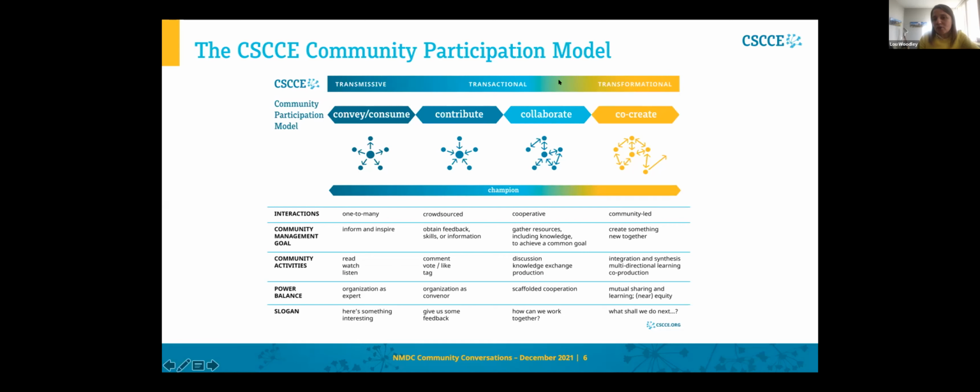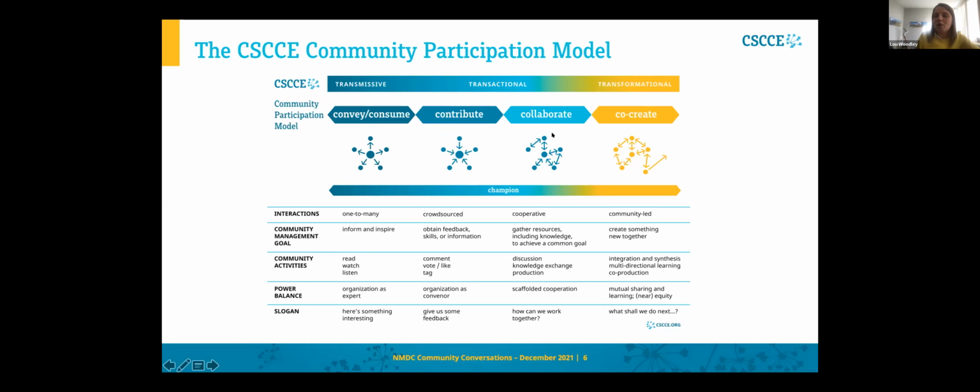Then when we move across, we enter this transactional mode. So where we understand what the terms of engagement are, how members relate to one another and relate to the host of the community. And so that might look like inviting members to contribute to things. So contribute to a survey, come and post an answer to a prompt or a question in an online discussion forum. Or that could even get through to collaborating, where there's a kind of scaffolded set of interactions where members are starting to actually interact with one another, but the community manager is probably doing a lot of the coordination